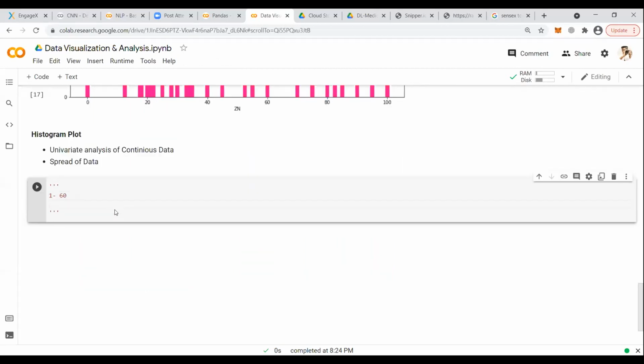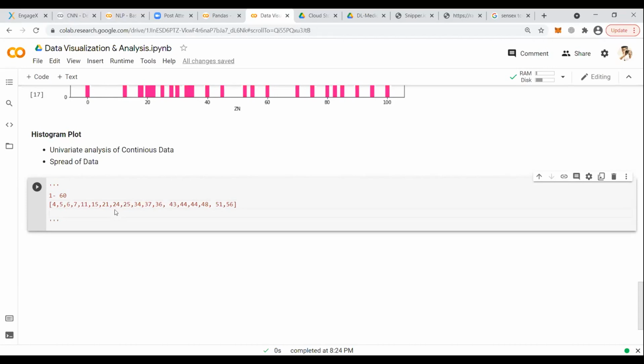With 1 to 60, these are your values: 4, 5, 6, 7, 11, 15, 21, 24, 25, 34, 37, 36, 43, 44, 48, 51, 52, or let's say 56.